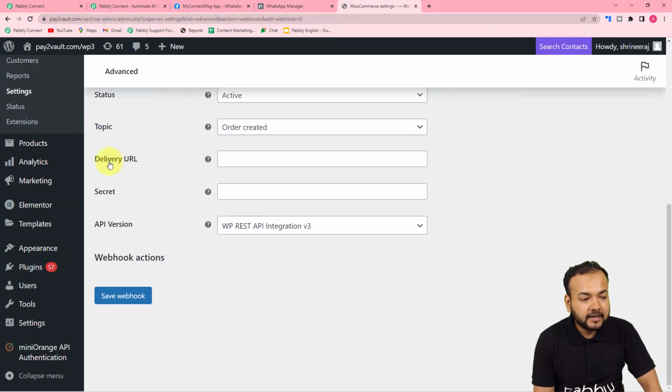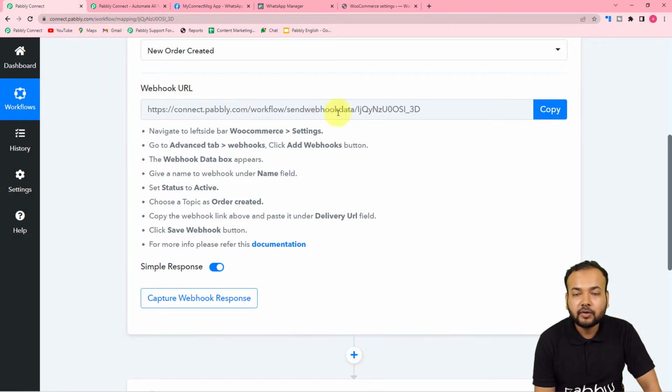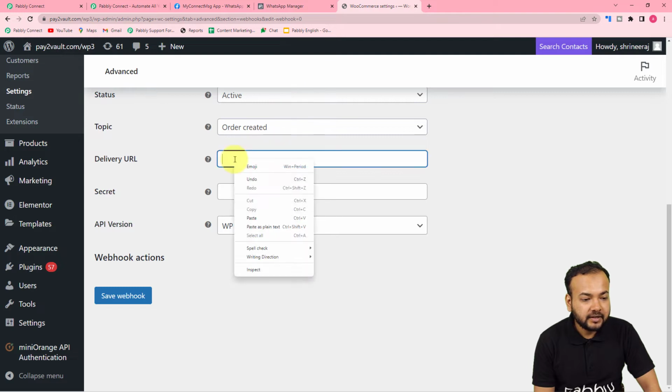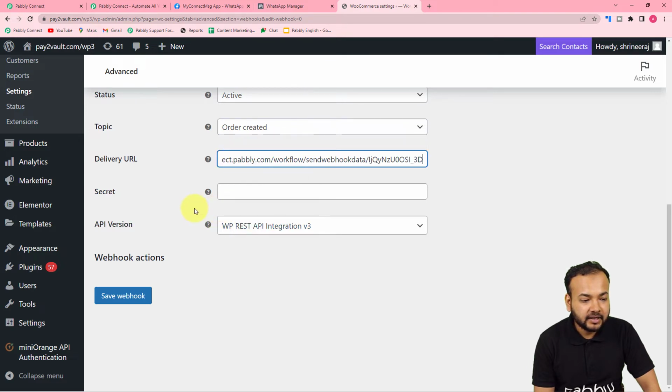Okay, and here it is asking for the delivery URL. So here you have to copy and paste this webhook URL, guys. Just copy it from here, paste it here in the delivery URL field like this. Okay, and keep the secret field as it is, and the API version as it is. Okay, now just click on save webhook button, and you can see a new webhook connection is getting